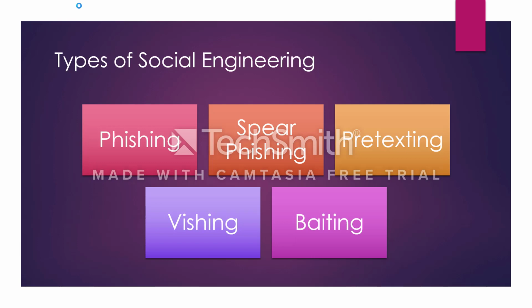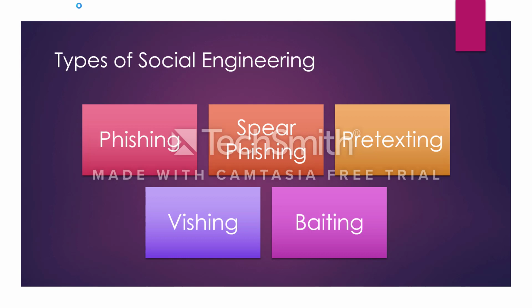So some of the types of social engineering attacks, as we discussed a little bit about phishing, then there's also what's known as spear phishing, which is a subset of phishing but is targeted to a particular group, whereas phishing could be targeted to anyone. Then there's pretexting, which is like the idea of prank calling someone and acting like someone else is on another line to try to gain sensitive information.